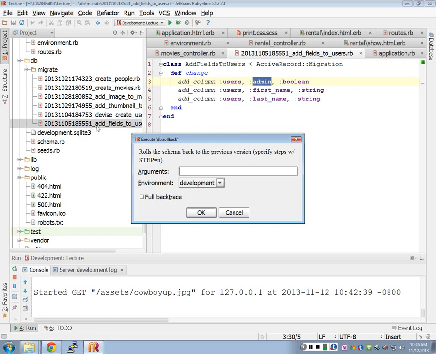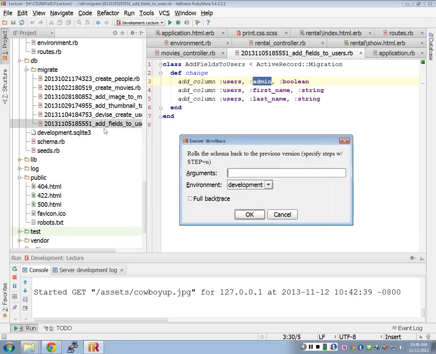What that is going to do is take the last migration. Remember, these are all in time order. So in this case, it's going to take this one, roll it back a level, and the data from those columns will be removed from that table. If this was the whole table creation, the whole table would be dropped. All right, but in this case, it's just going to do the SQL necessary to remove